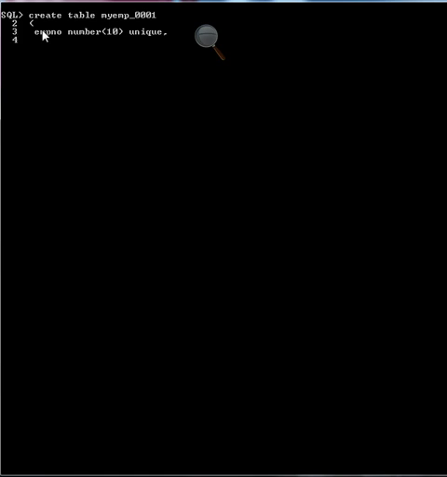Okay, and ename varchar2, size 20. Okay, close that. Table has been created with a unique key constraint, so we cannot insert a duplicate value in emp number.